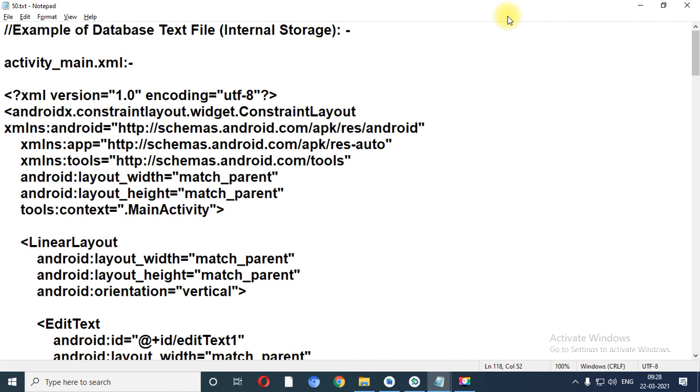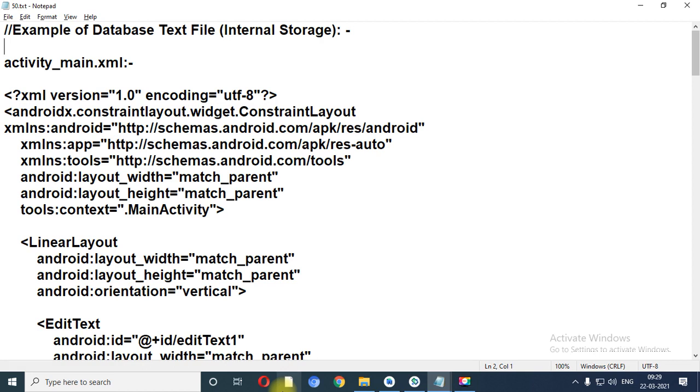In today's session, whatever application I will develop is in the form of a text file. Remember one thing, when you develop any program using shared preference, it is in the form of an XML file.